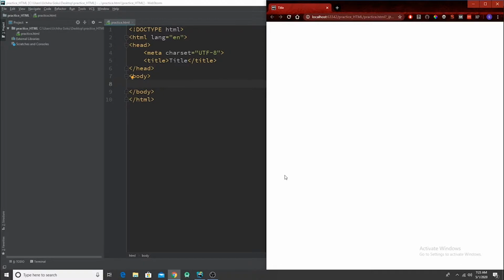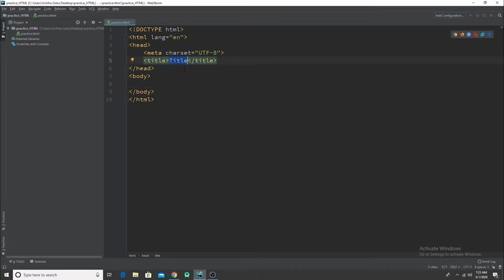And you might be having one more doubt regarding the tags. You might be thinking, Sid, you have explained the document type, HTML, head, and meta along with its attributes. Then what is this title tag? All the information that you provide between the opening and closing title tags will be displayed over here. For example, if I want my title to be Jobless Developer,